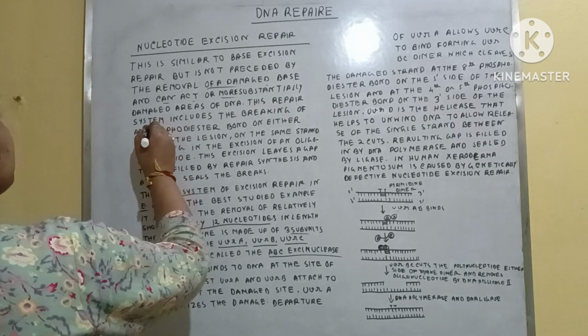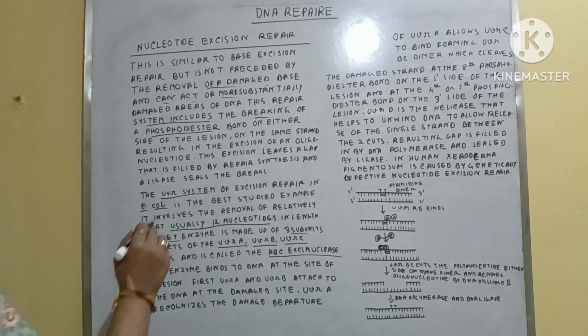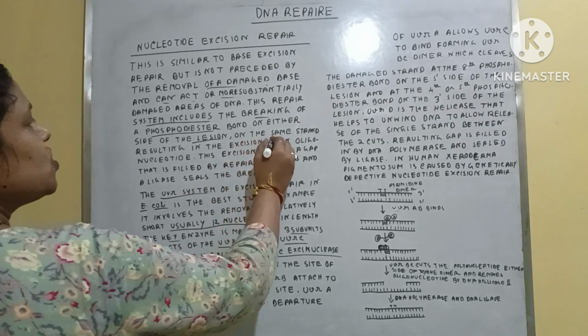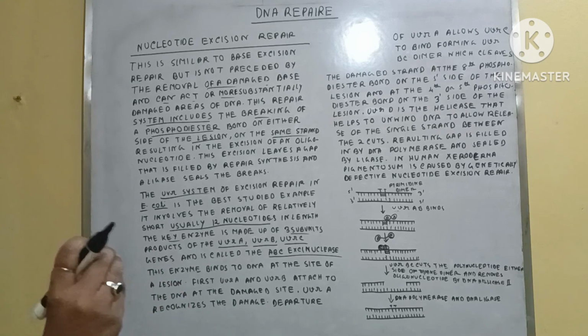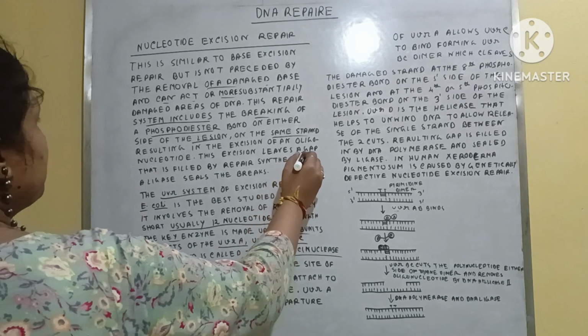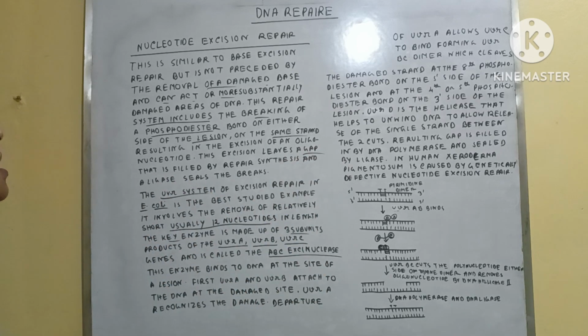The repair system includes the breaking of the phosphodiester bond on either side of the lesion. Okay, the phosphodiester bond is cut from the two sides on the same strand, not both strands, only the strand containing the damaged bases. It is cut from both sides. And this excision leaves a gap which is filled by two enzymes, the ligase and